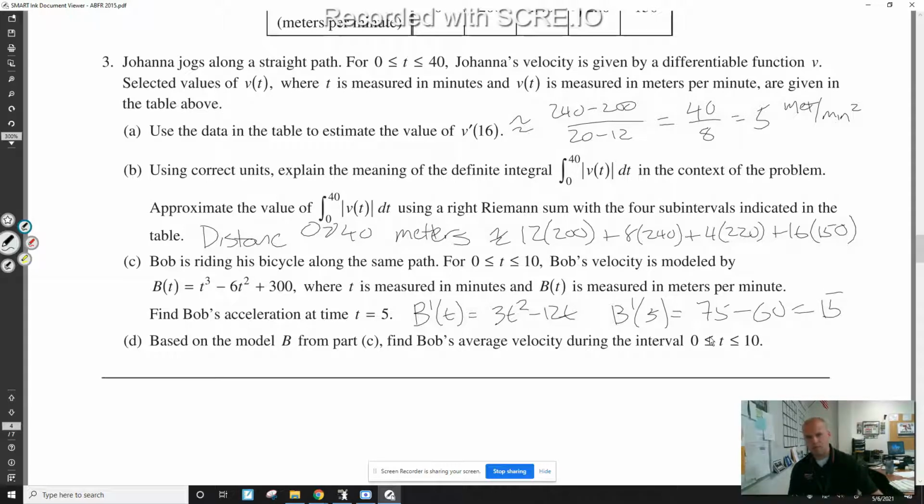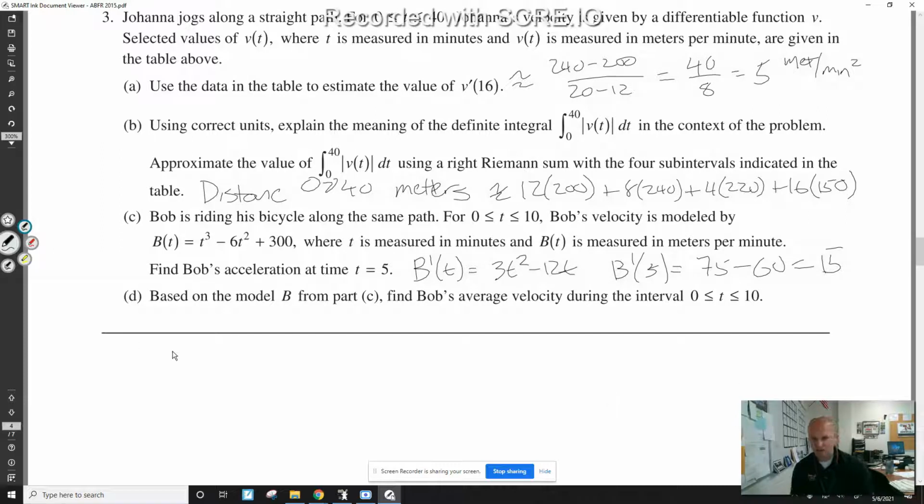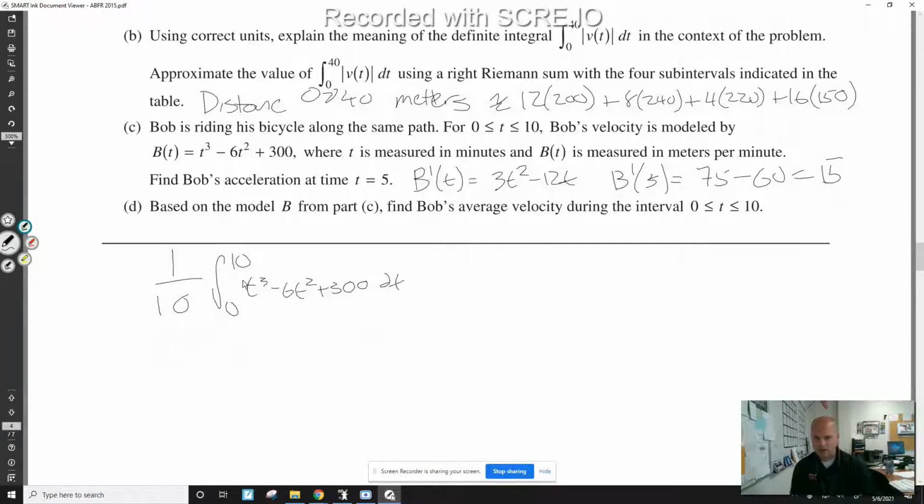Based on the model from part B, find Bob's average velocity. Average, 1 over b minus a, integral from a to b of what we're trying to find the average of. Velocity. Bob's velocity goes in here. How do you find an integral without the use of a calculator? Newton. Newton helps us. Says change in antiderivatives gives us